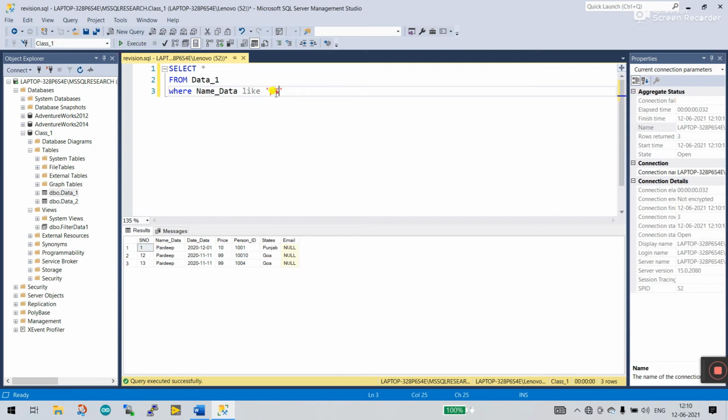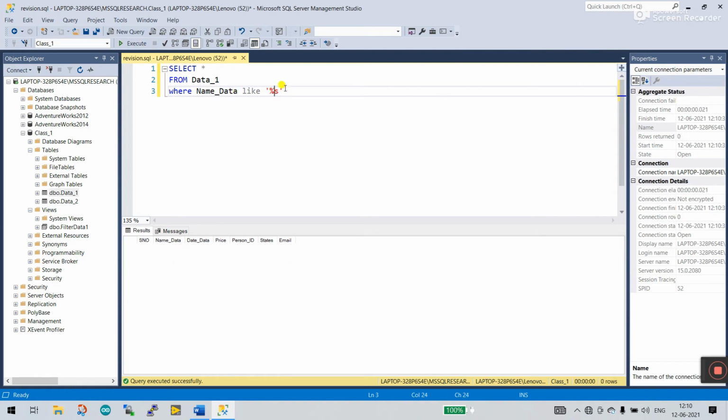And you see the names starting from P, it only shows that data. You see first name P, Pradeep. If I change it to S, it only shows S character data. You see Sandeep, Saroj. And if you need the last character of the data, now what to do? You need to remove % here and apply it in the front like this, and click execute.